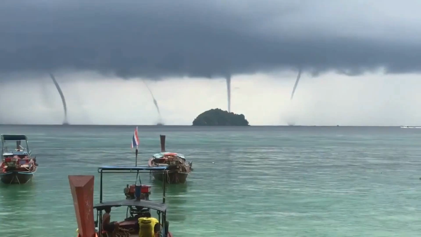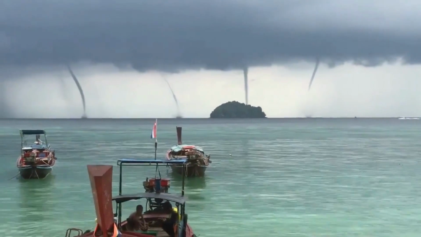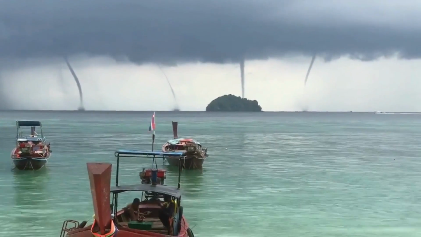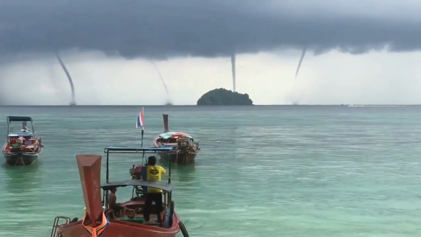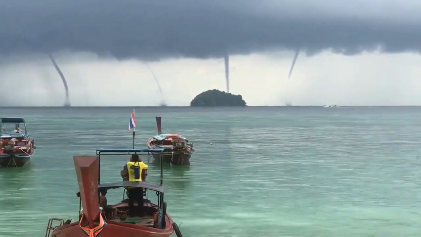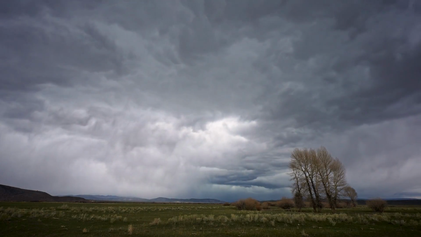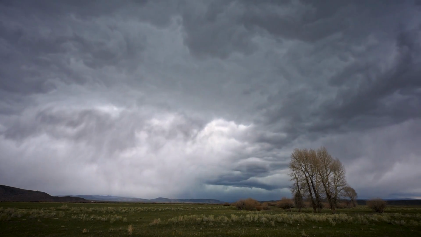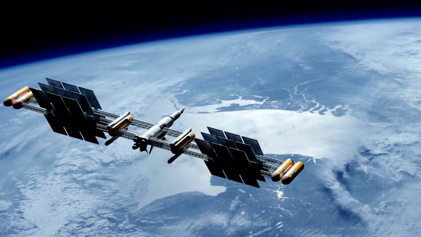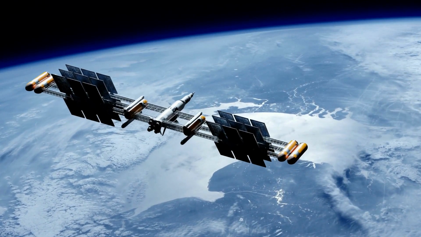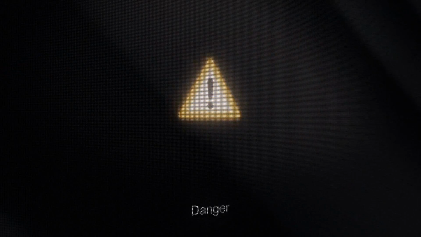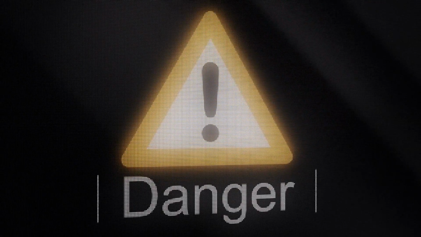For instance, on November 25, 2018, tourists on Koh Lipe Island in Thailand witnessed 4 waterspouts simultaneously touching down on the sea surface, demonstrating their power. Although we can't stop these storms, we can mitigate their damage. Meteorological departments use weather satellites to monitor and forecast storms, providing early warnings to local authorities to prepare and protect